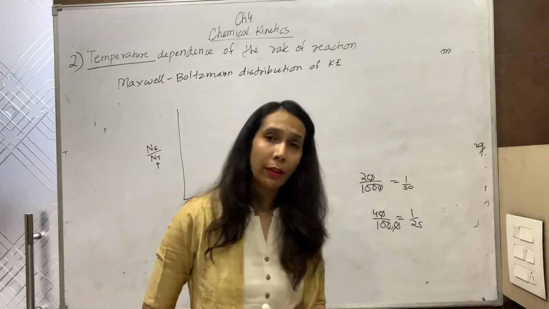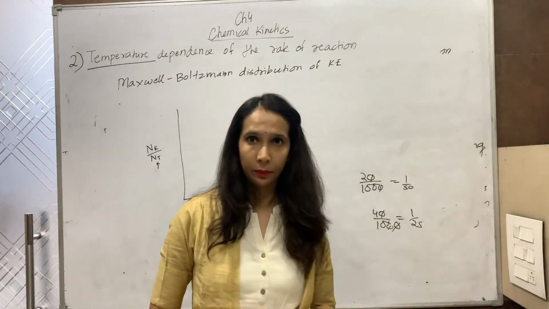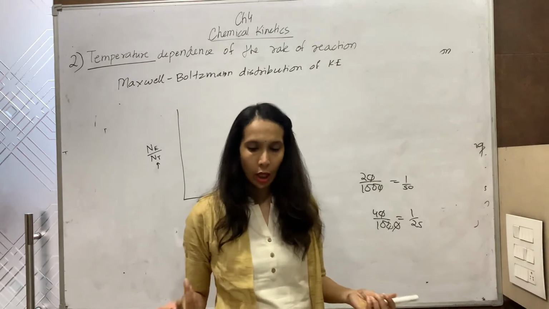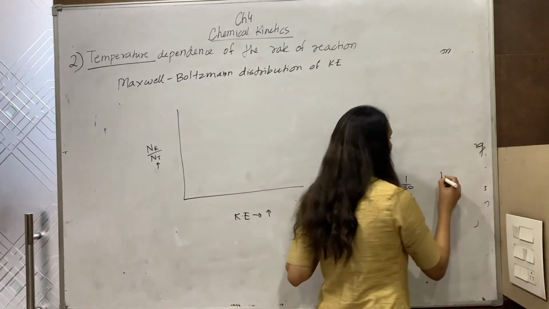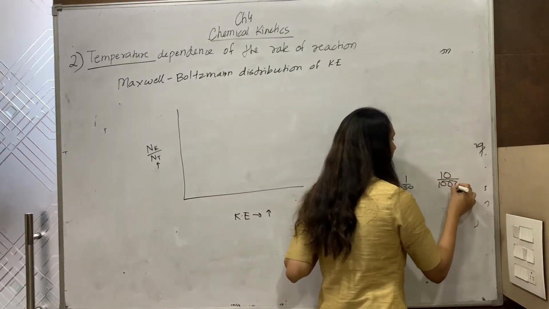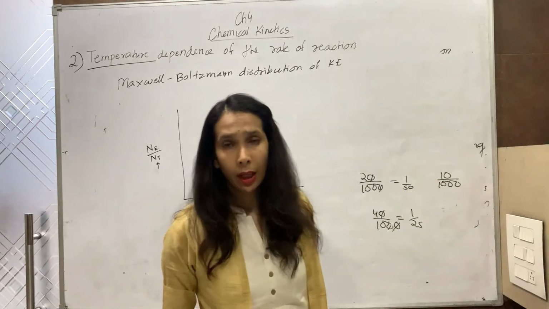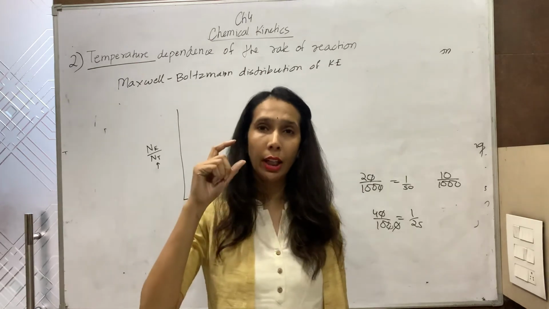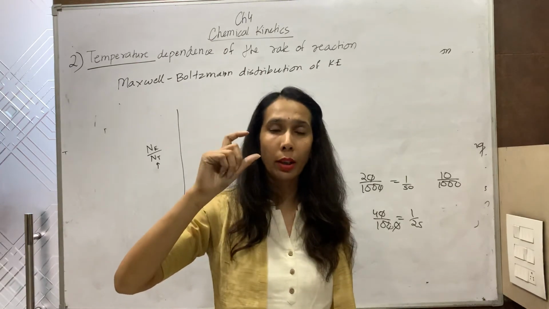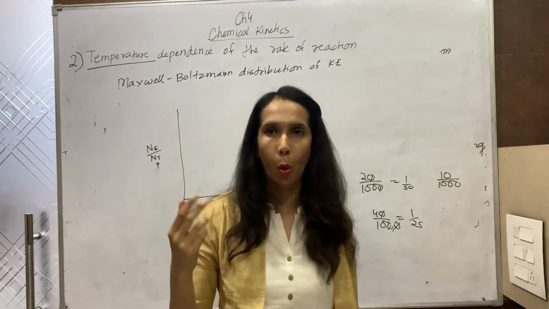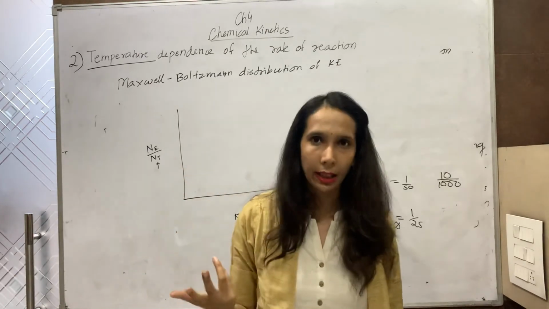If I ask you what is the fraction of students who are failing, you will say the number of students who are failing is also very less. Suppose the number of students who fail is 10. So 10 upon 1000 and so on. We can put the percentage in order, 95 to 100, 90 to 95, 85 to 90 and so on, and we can find the fraction of students getting each.